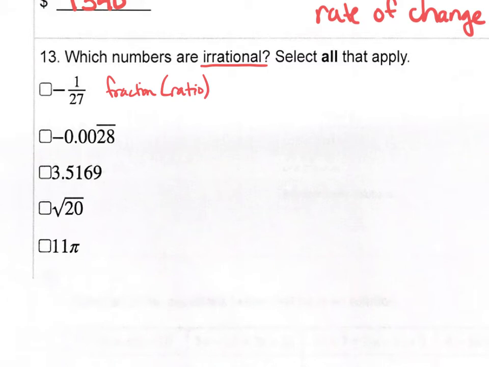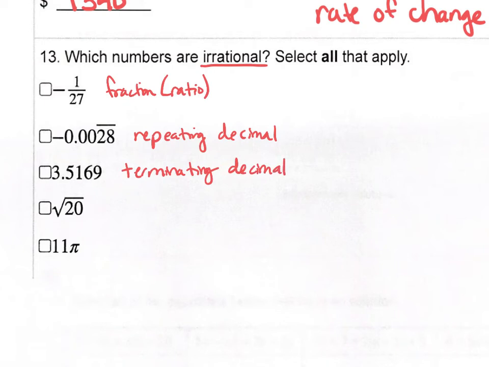Negative 0.0028 is a repeating decimal, which can be written as a fraction, so it is rational. 3.5169 is a terminating decimal. It ends, so it can be written as a fraction. It is rational. Square root of 20 is a decimal value,